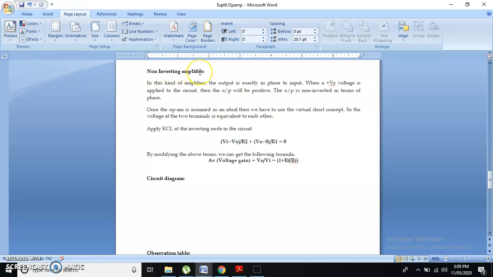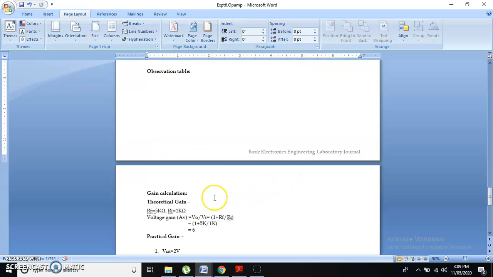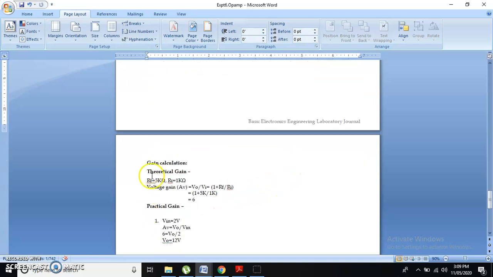In case of a non-inverting amplifier, the gain is calculated. What is gain? Gain is actually output voltage by input voltage. The gain of a non-inverting amplifier is 1 plus Rf by R1. So what will we design? We'll assume that Rf is 5 kilo ohm and R1 is 1 kilo ohm.